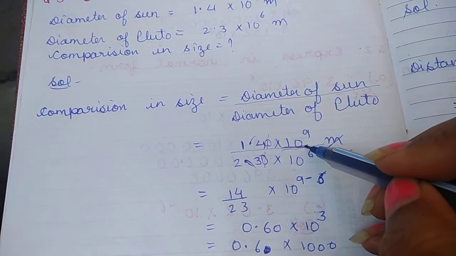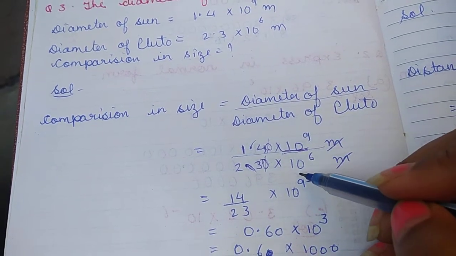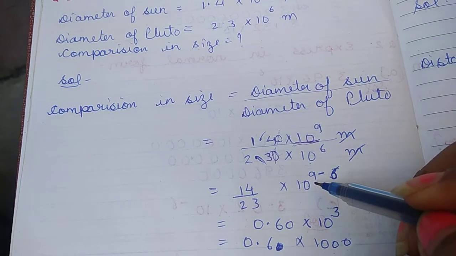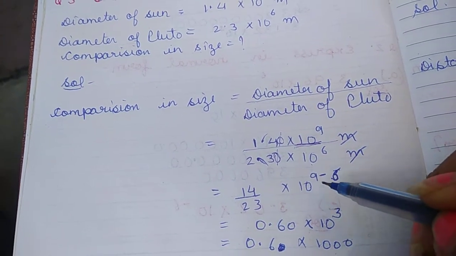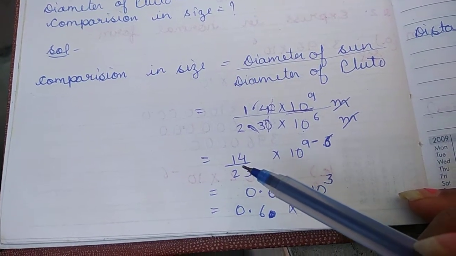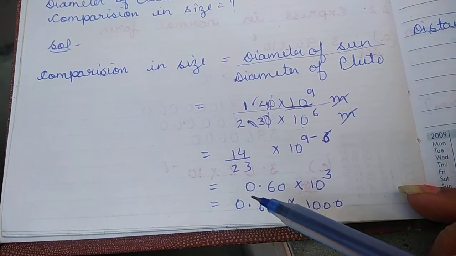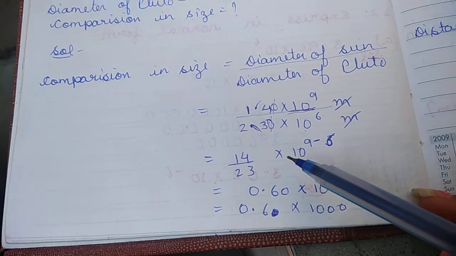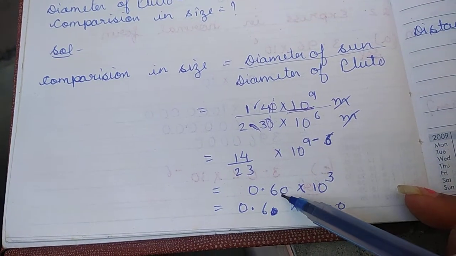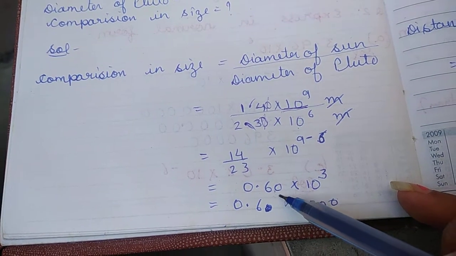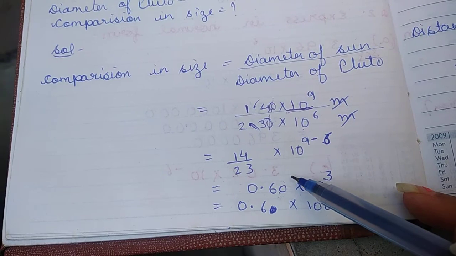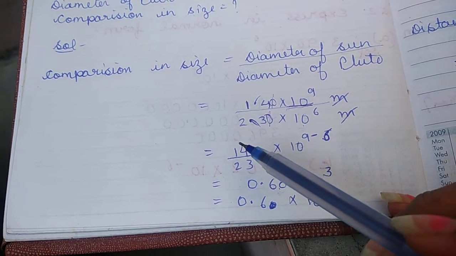Keep in mind the rules of exponents. Same bases are in division. What do we do? Powers get subtracted. So 10 raised to the power 9 minus 6. After that, we just have to do simple division between 14 and 23, and you will get 0.60, and 10 raised to the power 9 minus 6 is 10 raised to the power 3. Since a 0 after the decimal doesn't have any value, we'll remove the 0 in the next step. 0.6 after calculating 14